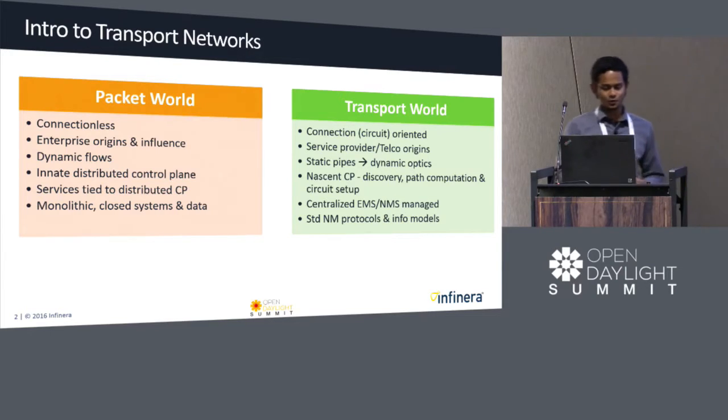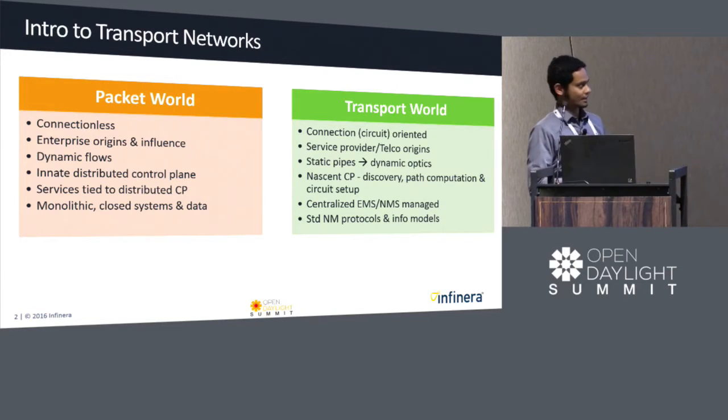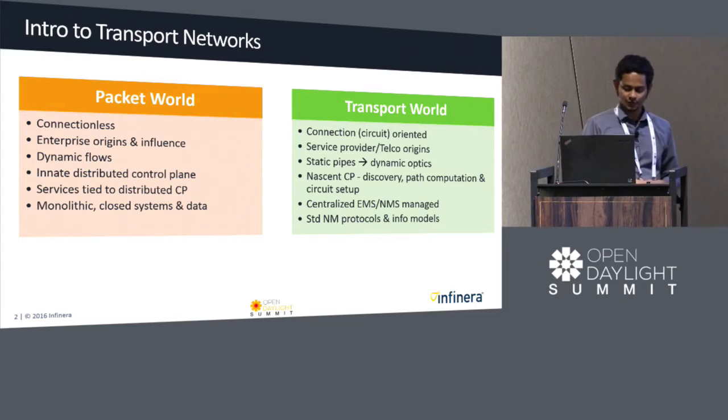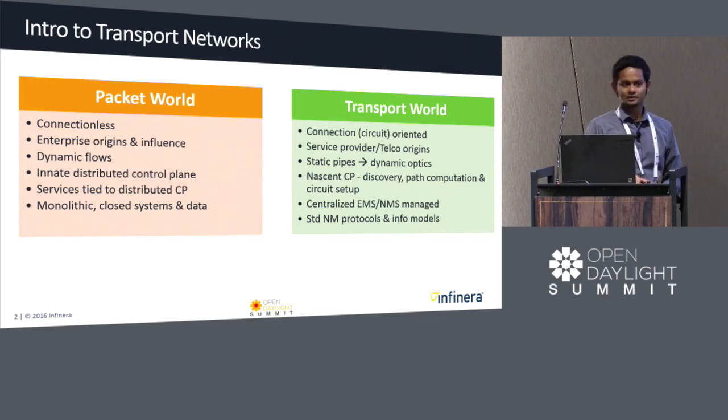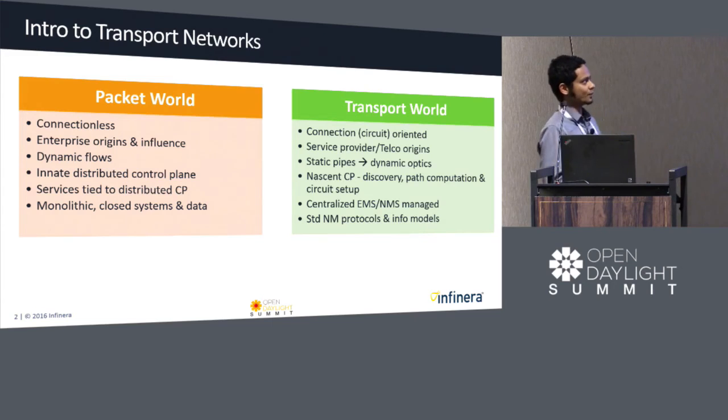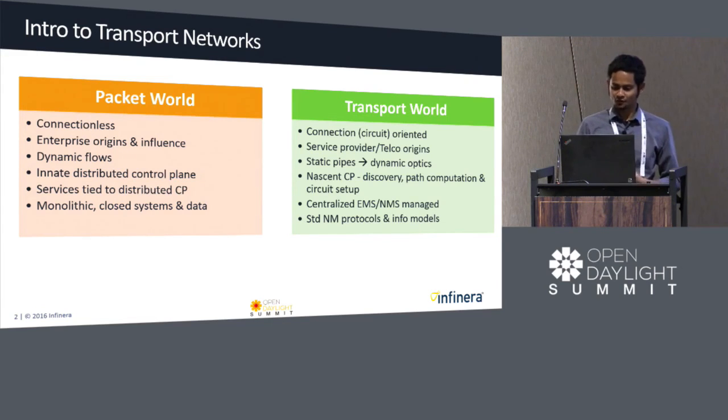I was fairly new to the transport world, so I think it will help most of layer 0, layer 1, or layer 2. It could be even MPLS based circuits. So the transport networks are typically circuit oriented, and they have been coming up mostly from the service provider networks. And going forward, more and more of the optical networks are also getting pretty programmable, and there are a lot of ways in which you can set the rates to be more flexible. And traditionally, they have been